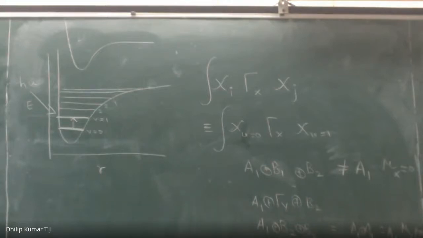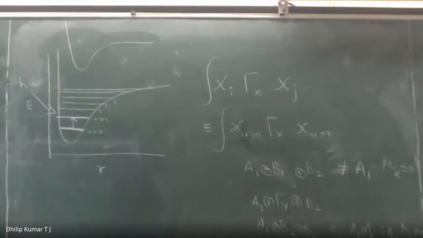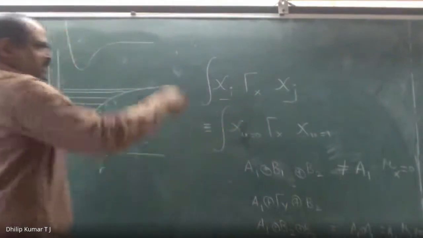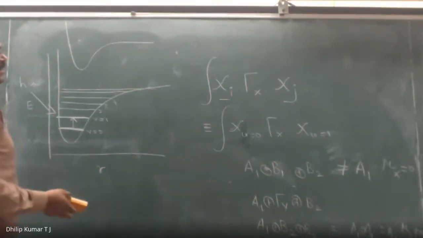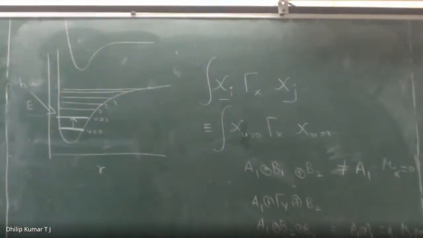Okay, so similarly you can take A1 into A1 also, and then you have to see its corresponding component. So basically the two extremes we are taking, right? These are the initial and the final symmetry of the corresponding vibration states. Okay, so in dipole moment, these are the components we take. Now polarizability also follows the same logic,